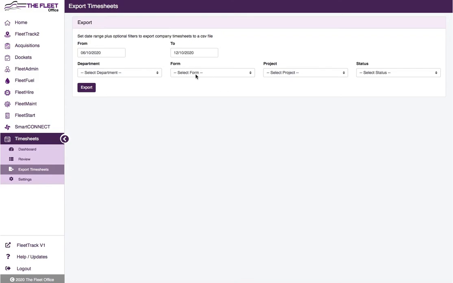In the case of your business, you're likely to have a number of different timesheets. You're never really going to get away with one generic timesheet. This program actually accounts for that. You can have as many different timesheets as you want, and the key to it is when you allocate it to people. So when we go back into Fleet Admin and we go to our forms,